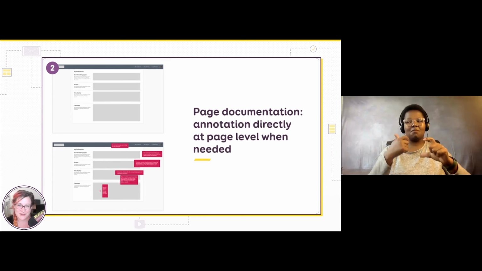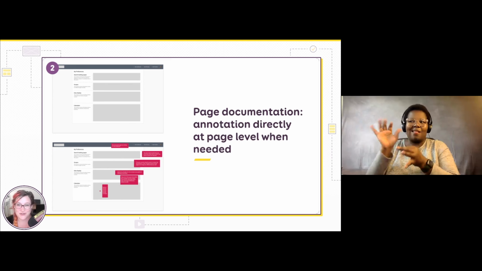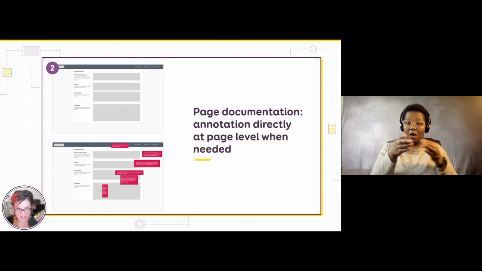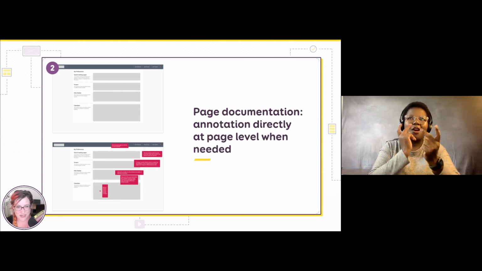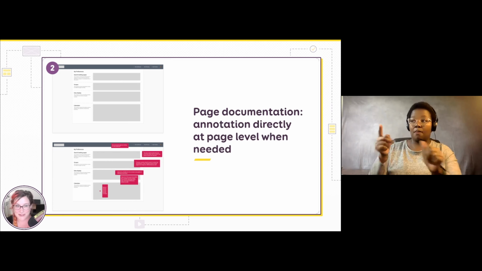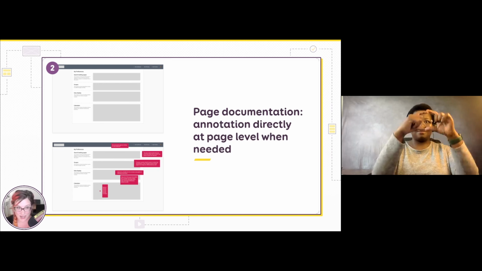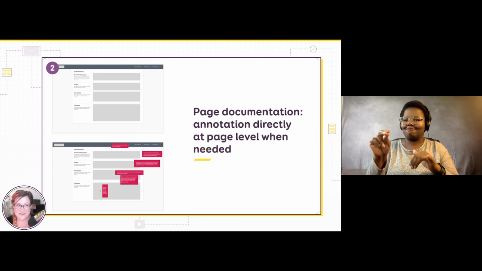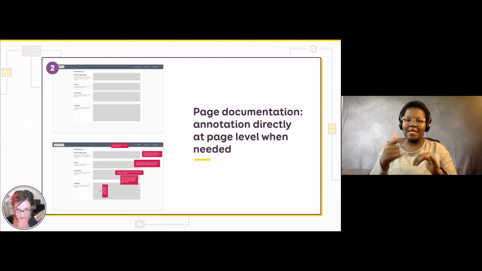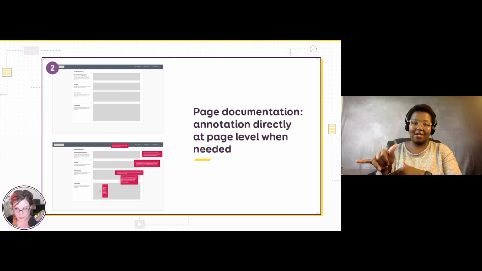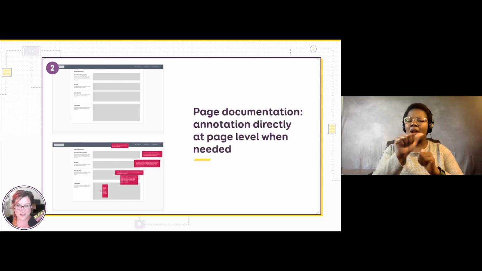My advice when creating annotation is make sure your annotation style is different from the page. Here I have magenta stuff. I have little boxes. I have a specific visual identity for those. And I'm saying that because you want to avoid developers actually implementing the annotation as part of the product. And I wish I was kidding, but I'm not. I've seen this mistake happen before. Something pink gets implemented because the dev team thought it was part of the product, which it was not. So be super careful about that and communicate upfront what the annotation looks like versus the design.